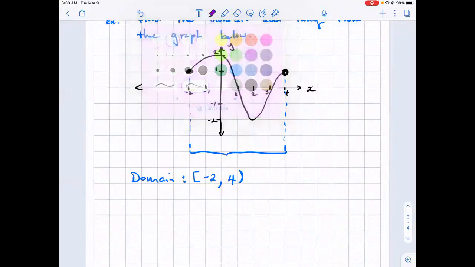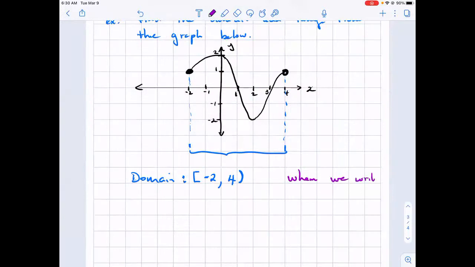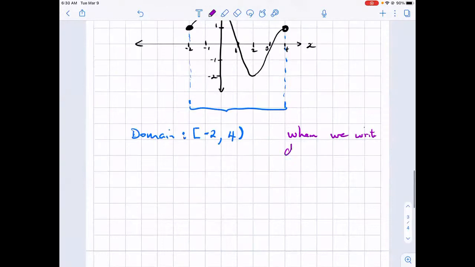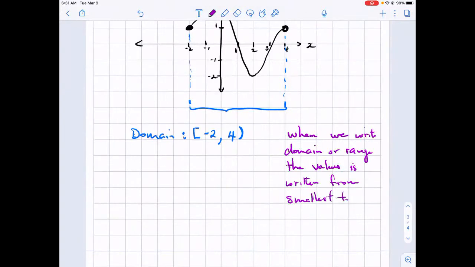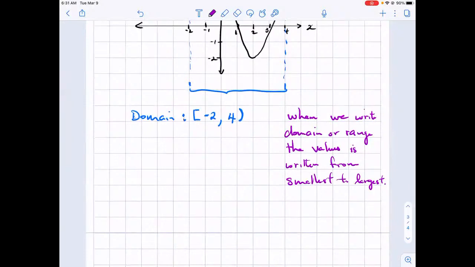And note, when we write domain or range, the values are written from smallest to largest. Okay. And now if we look at the range, look at a range,